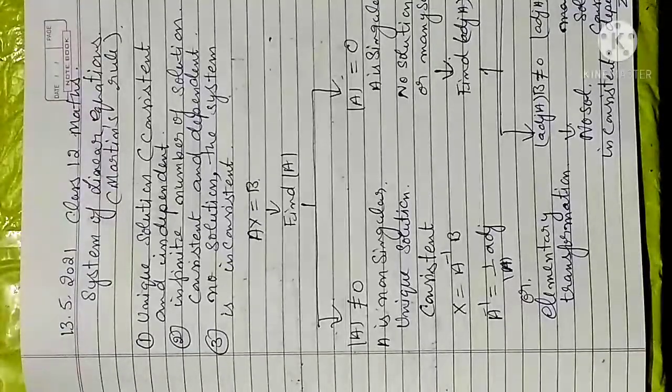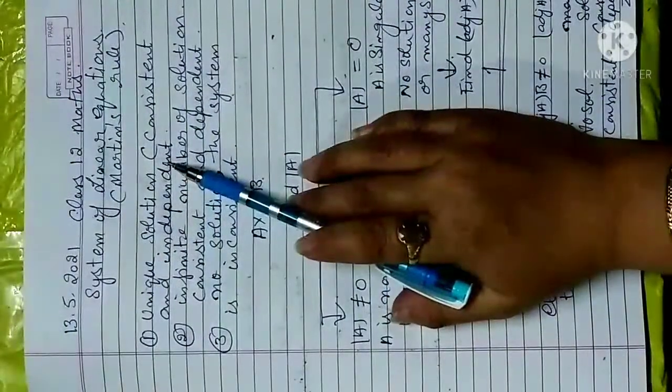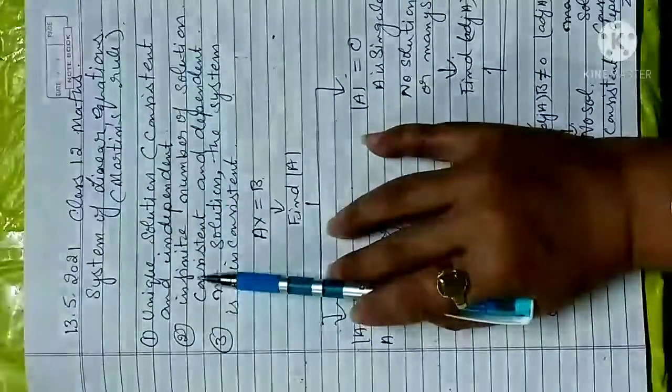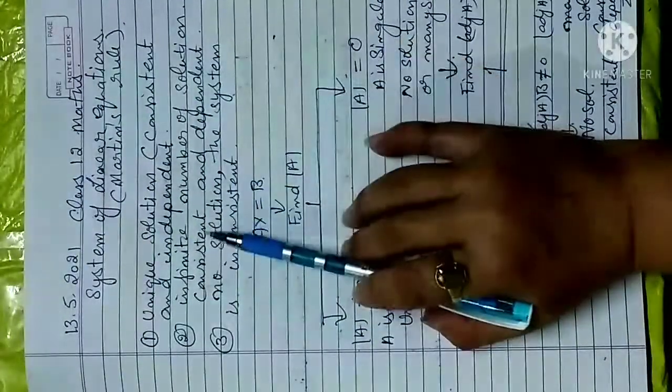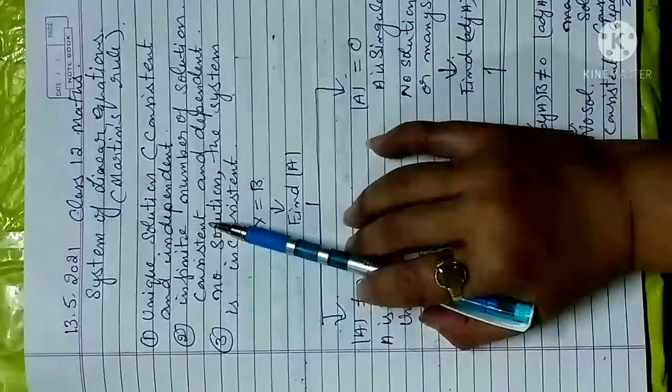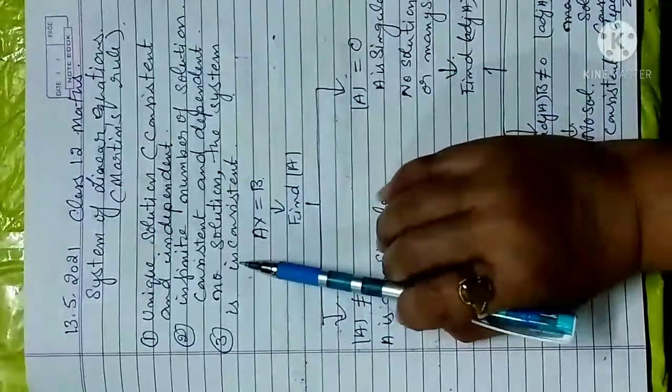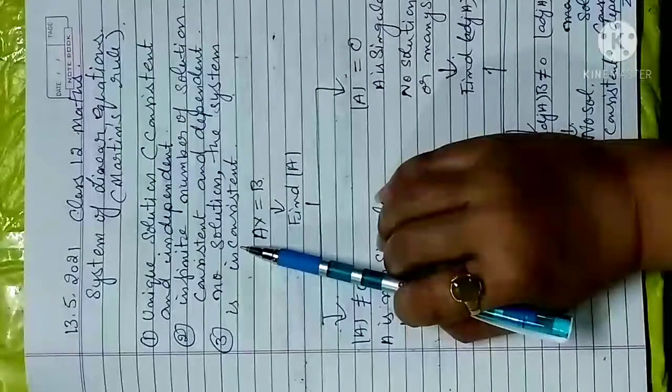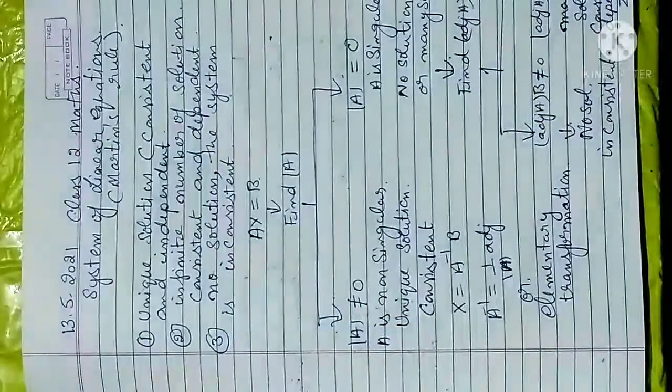through Cramer's rule? Actually, whenever any linear equation is there, there are only three ways to find the solution. Either it will be a unique solution, that means independent value, or it will have an infinite number of solutions, that we call consistent or dependent values, or there is no solution. So only these three results we can get in the case of equations.